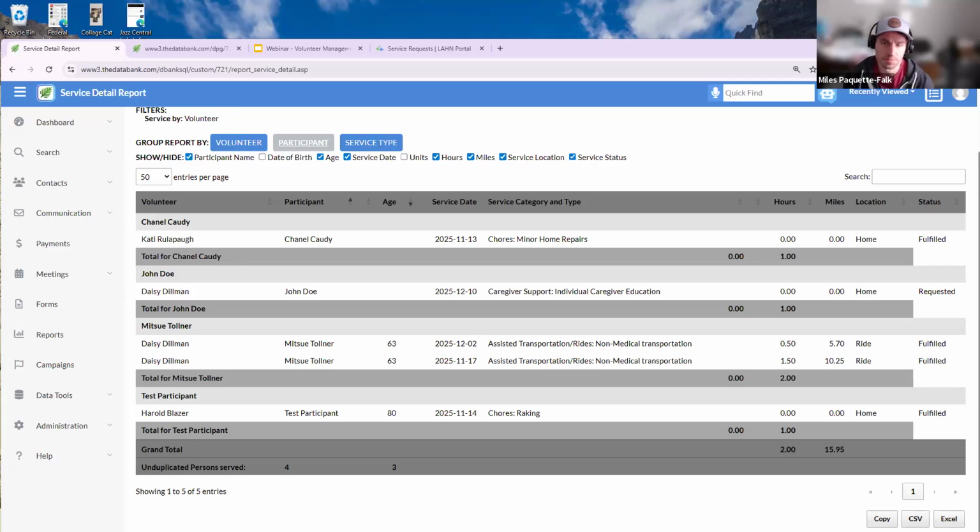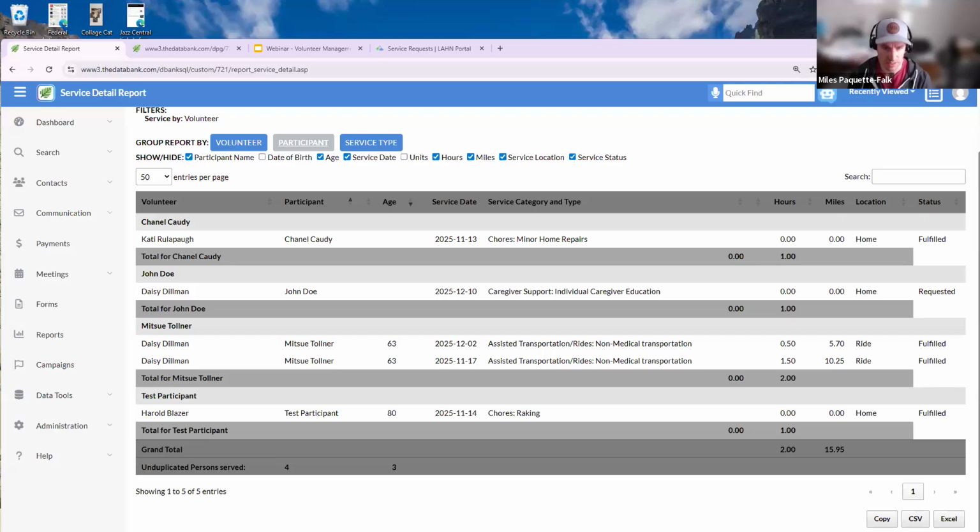The situation was Angel went in and changed a participant contact type, unchecked the participant box, checked the volunteer box, and now they can't find the person at all in the portal. And yes, that goes back to what I was saying before about how the correct data hasn't been created on the back end. But if you ever find yourself in that situation before we push out a fix, because we're going to address this,